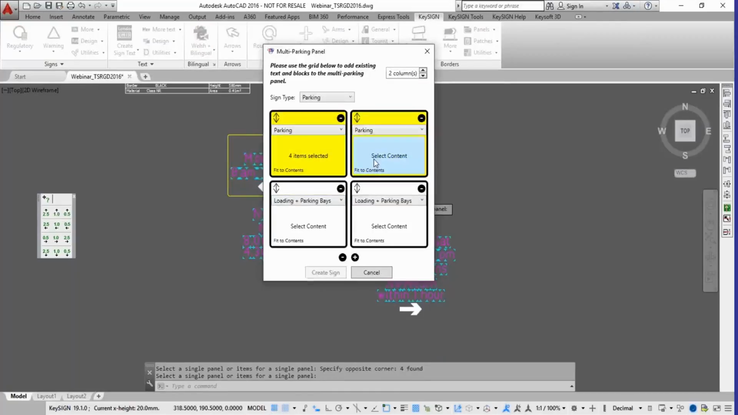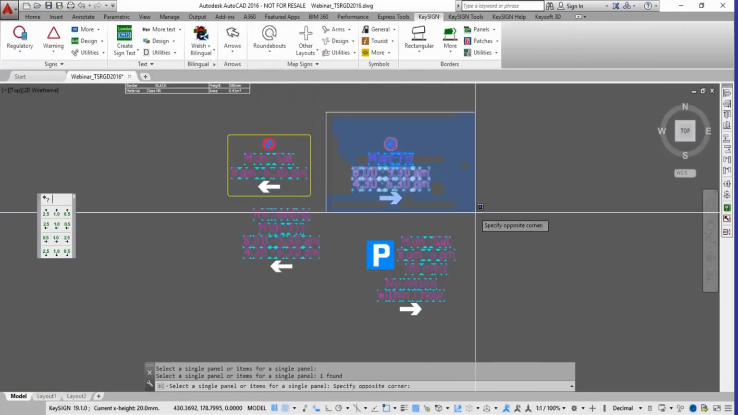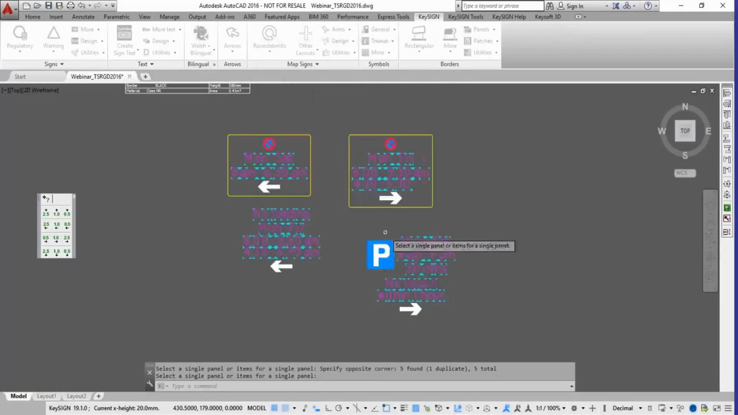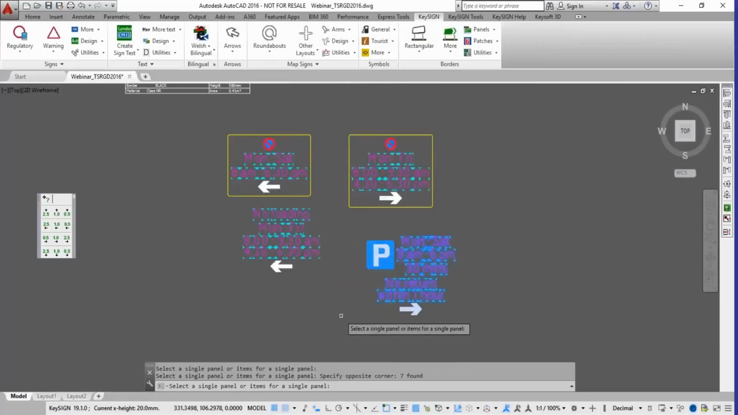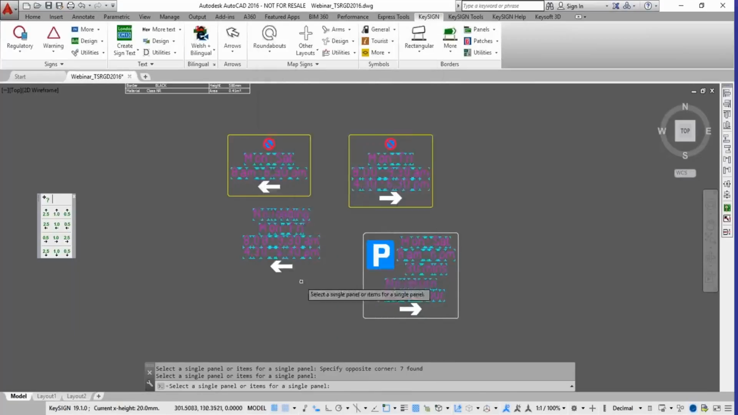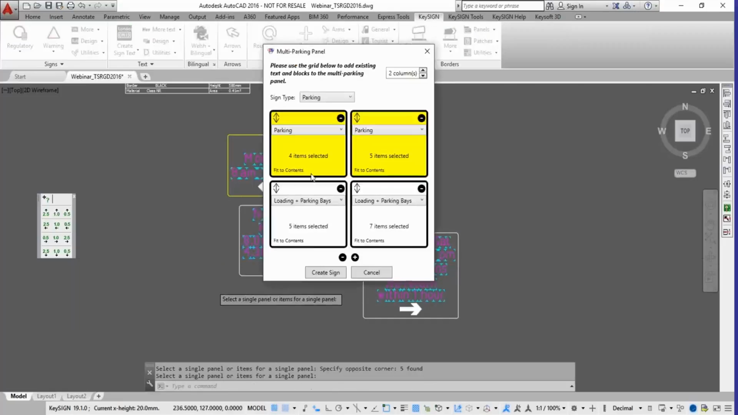So I can go and select the contents of another section, and I'll highlight all that section and press return, and now I've found 5 items for that. I'll come down to the section below there. It doesn't matter which order you pick these in, you can pick them in any order you want. So I've picked that, got 7 items, but I still haven't picked the section on the bottom left, so I'll go for the select contents on the bottom left and select those items as well. And now I've got all the 4 sections, I've got their items selected, I'm ready to pick the Create Sign